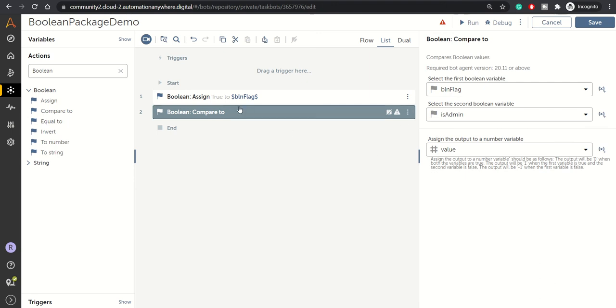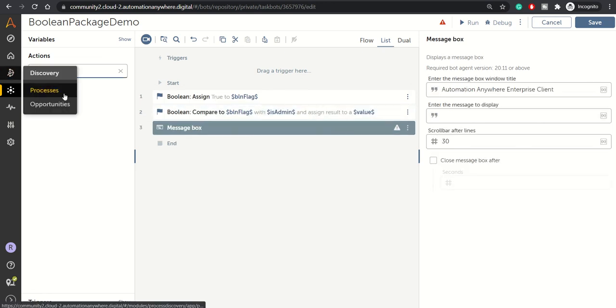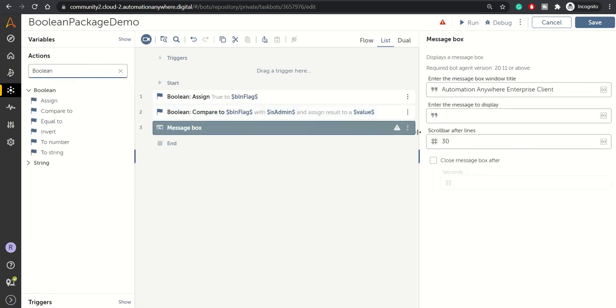Okay, so let's compare these and hold the value, and let's print this value in a message box. Let me type message box over here. Go back to the Boolean package, and in the message box we'll be printing the value variable.